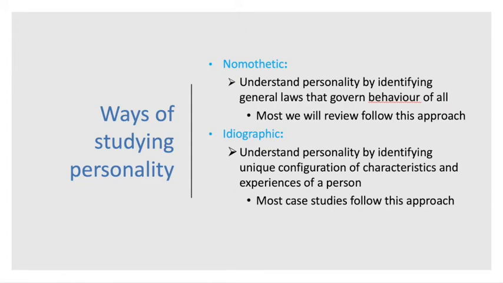Over the years, there have been two distinct approaches to study personality. The nomothetic approach is concerned with understanding averages and population means. That is, the nomothetic approach is about understanding the overall laws that govern human personality. So it's a generalist type of approach. Your textbook's approach, as well as my own, will mostly live in this nomothetic or generalist approach.